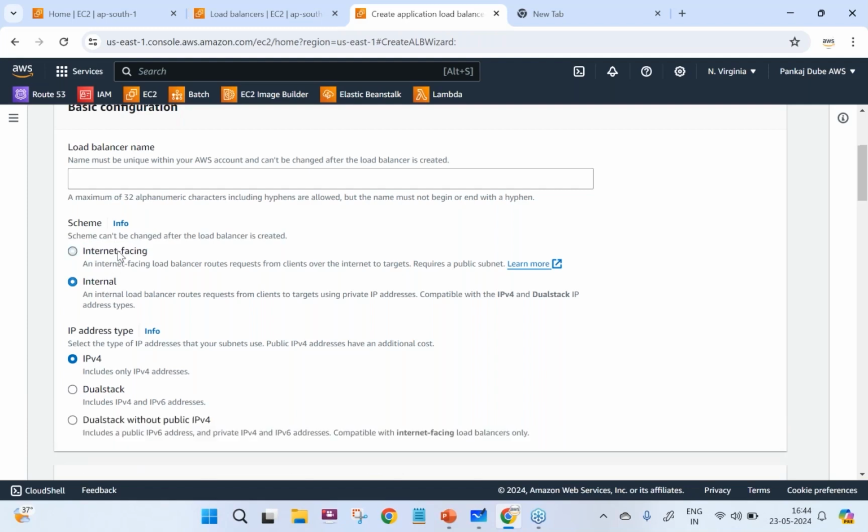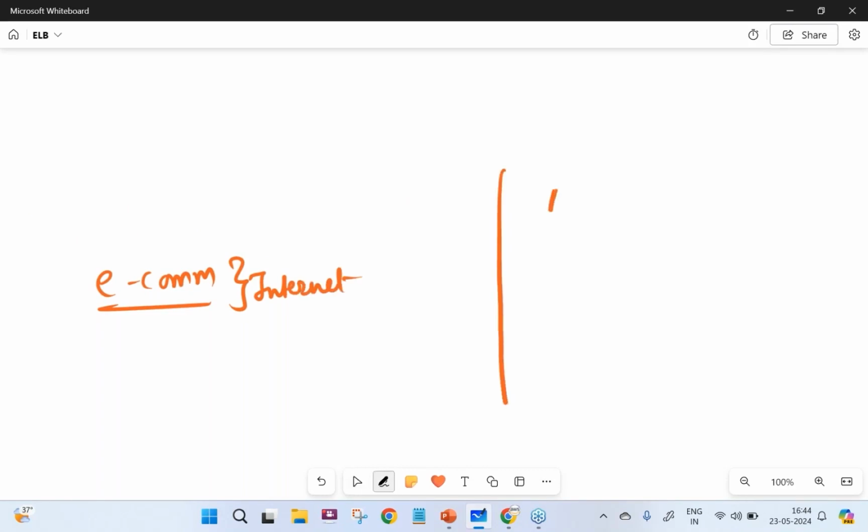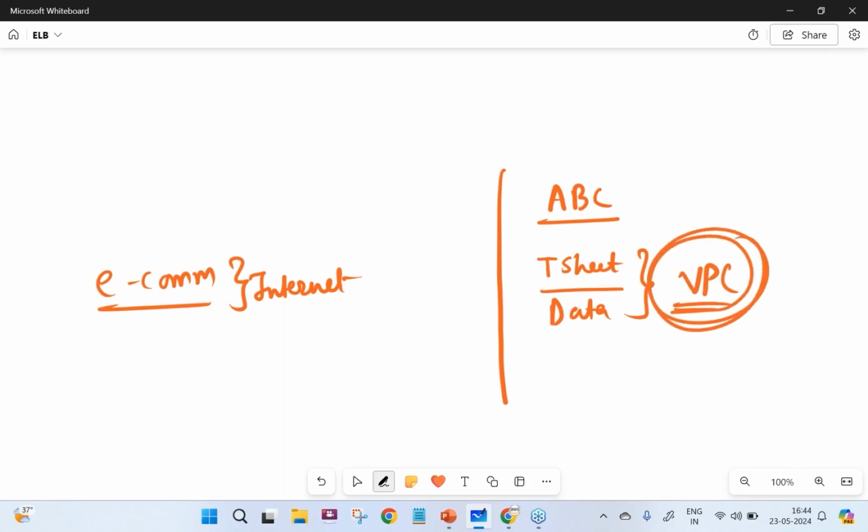Internet facing is for when I have an application like an e-commerce web application; it should be internet facing. Now let's say I work for ABC organization and I need to update my timesheet and my data. This application will be accessible only within that VPC, within that network.